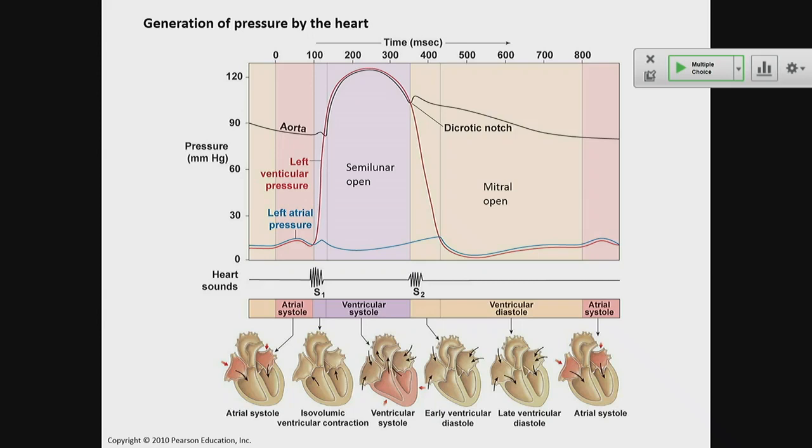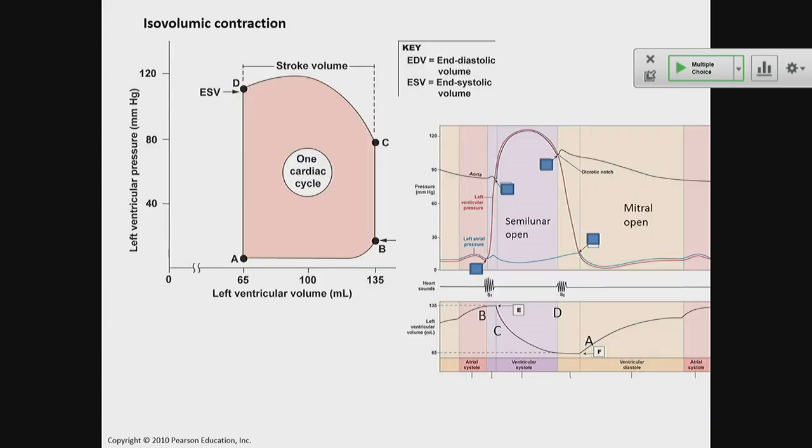And now we can put the change in pressure and the change in volume into one figure, okay? So in this graph here, time is on the horizontal axis, okay? But now I'm going to show you a graph that has pressure and volume on the two axes of the graph, okay? And this is the version with time. This is the version with volume and pressure, okay? And you can put together what we just talked about.